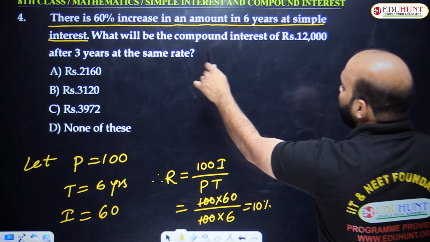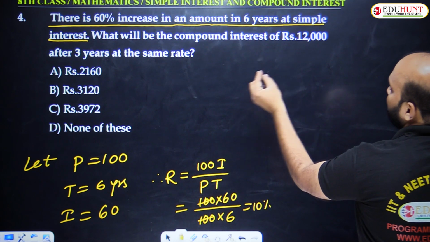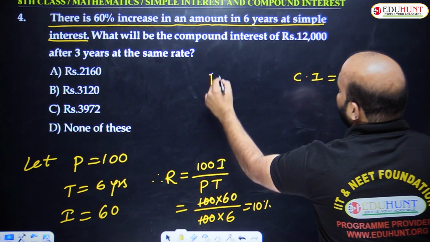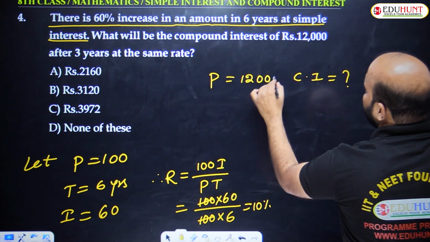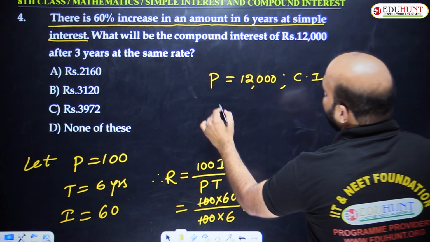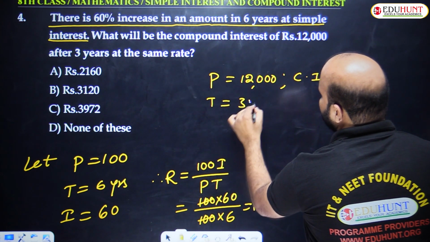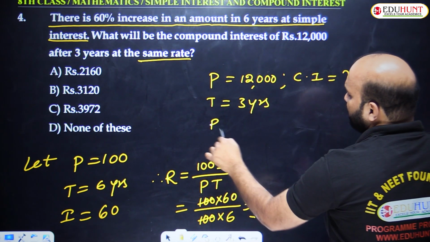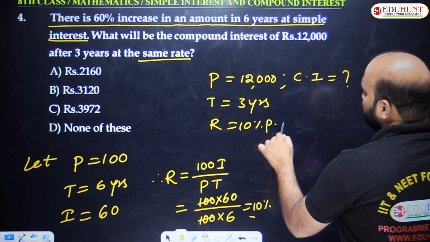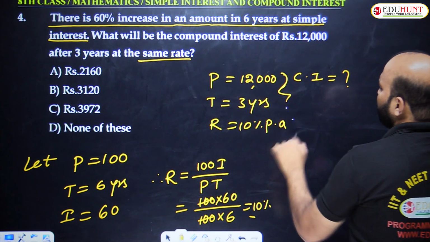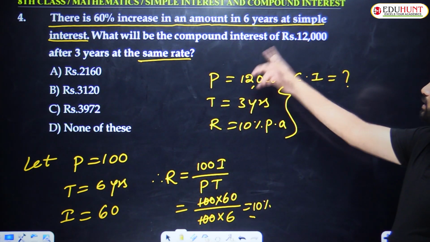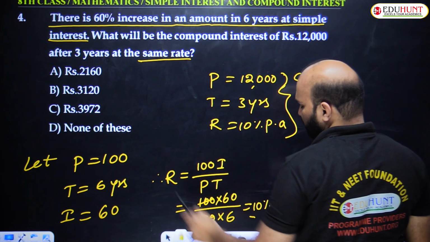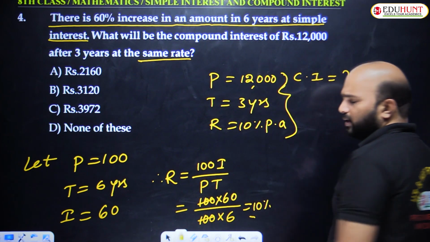So the question I am asking, what will be the compound interest? What will be the compound interest on the principal already given? How much? 12,000 rupees in 3 years. Time 3 years. At the same rate, initially according to simple interest, how much did we get as the rate of interest? 10% per annum. So this is the question I am asking, compound interest. Based on that, principal 12,000, rate 10%. Same rate, nothing but in that previous condition, the rate as per simple interest, 10%.